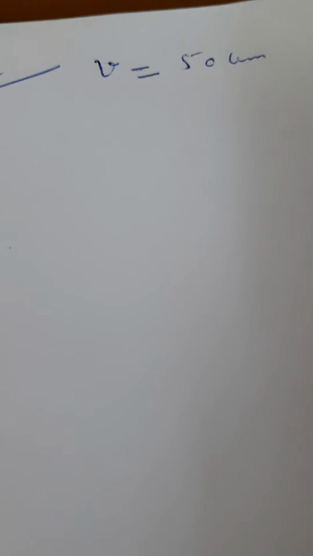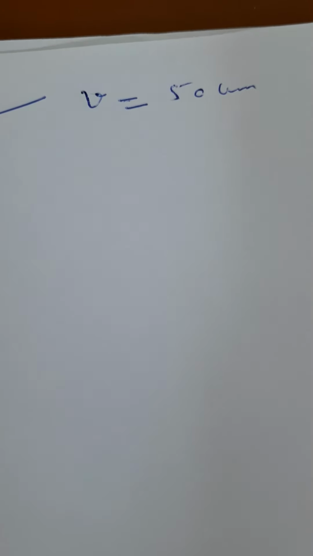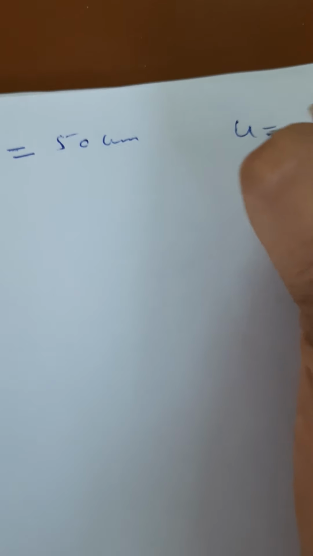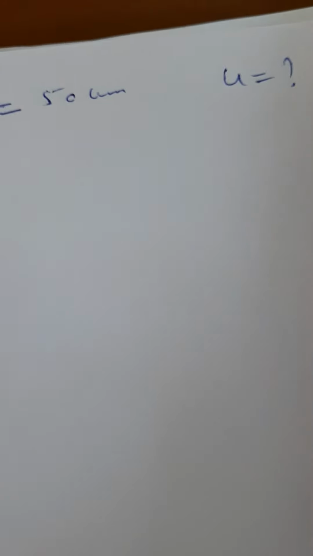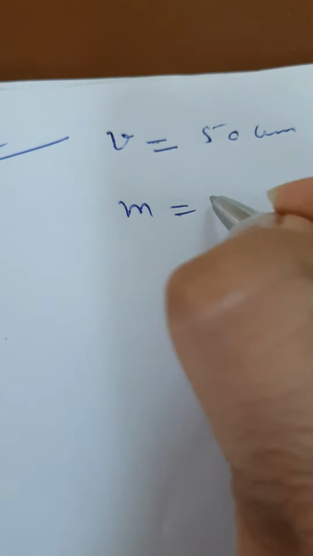Okay, a real and inverted image means for a convex lens it will always be on the right side, so it will be with positive sign. Where is the needle placed? They are asking what is the position of the object. Where is the needle placed? In front of the lens. If the image is equal size, magnification is 1. But the image is real, so we know magnification will be with negative sign. We have discussed these things in the case of mirror also. This information has been given to you.